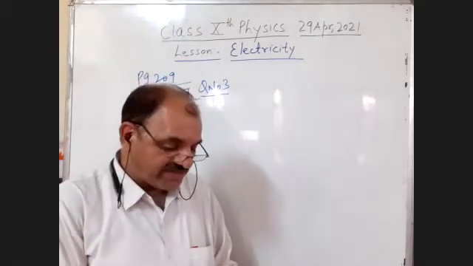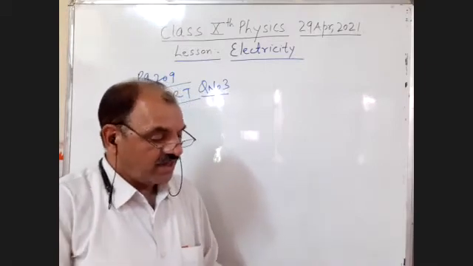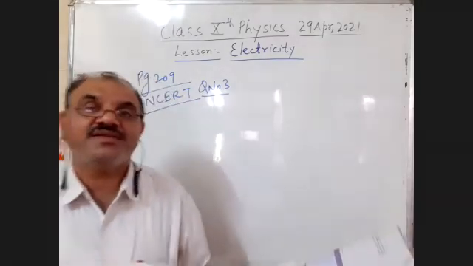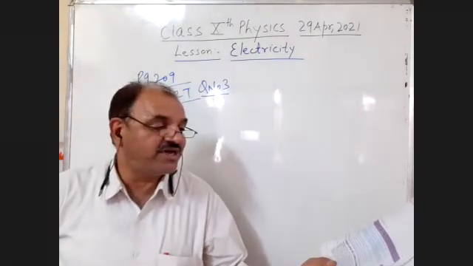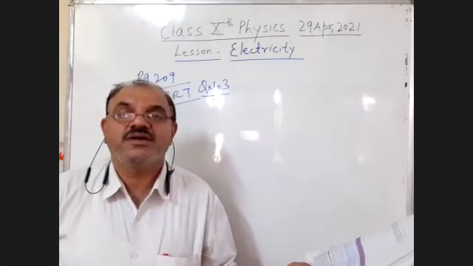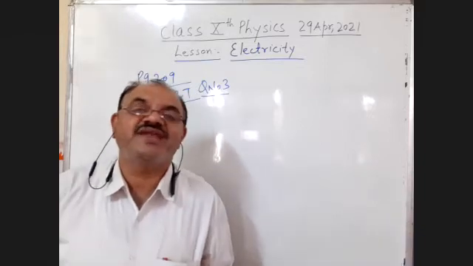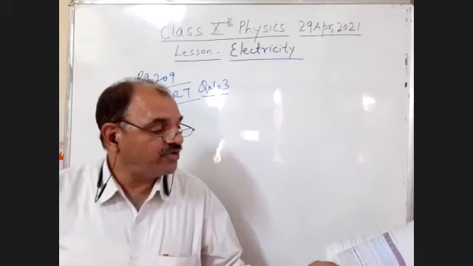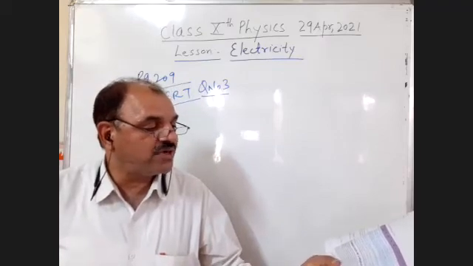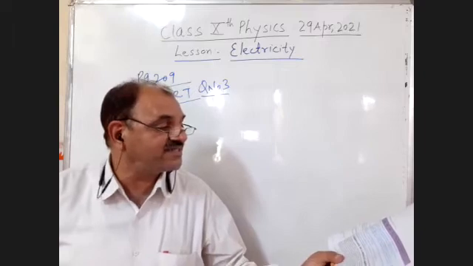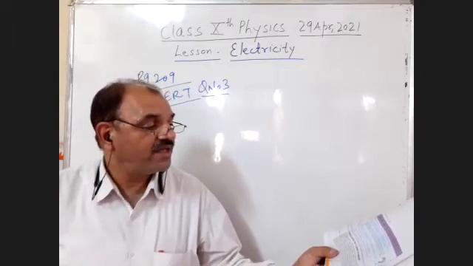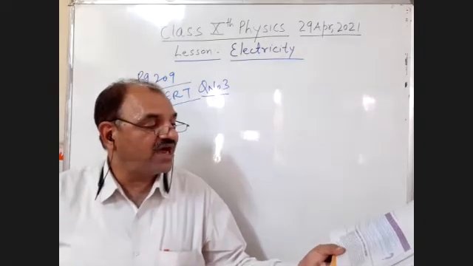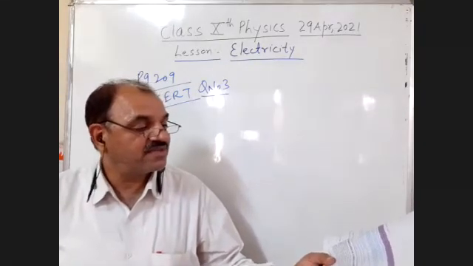The statement is like this. Let the resistance of an electrical component remain constant. The first statement itself, the resistance remains constant. Yes, students. While the potential difference across the two ends of the component decreases to half of its former value, what changes will occur in the current through it?